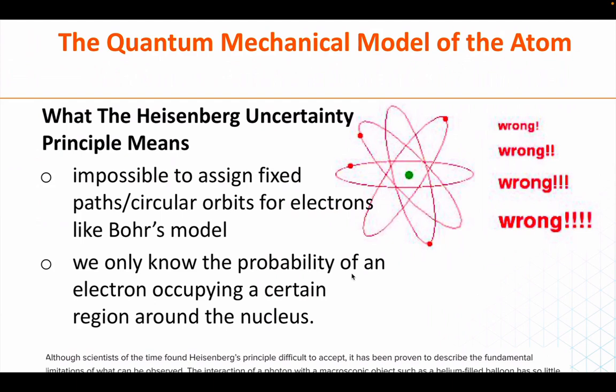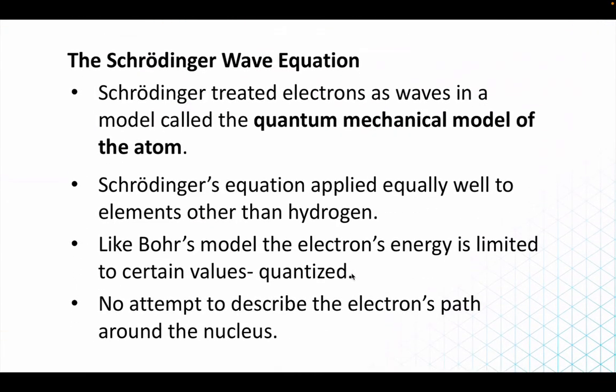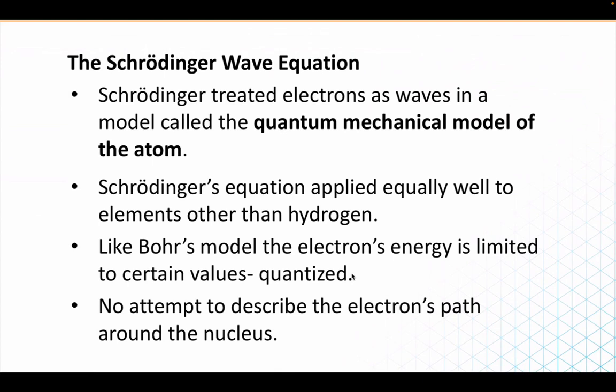This was covered in another lesson, but we can't know the exact location and the velocity of an electron. So we can't think of electrons as orbiting the nucleus the way that Bohr said. So now everything is going to be based on probability. Schrodinger was the person that started to think of, de Broglie was first, but Schrodinger was able to write some mathematical equations, solutions to wave function equations, and through that was able to develop the current model of the